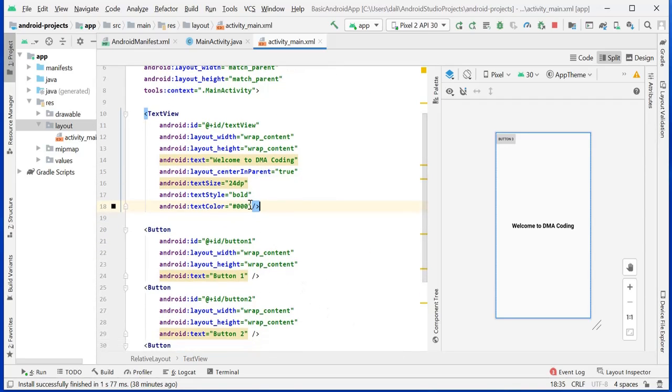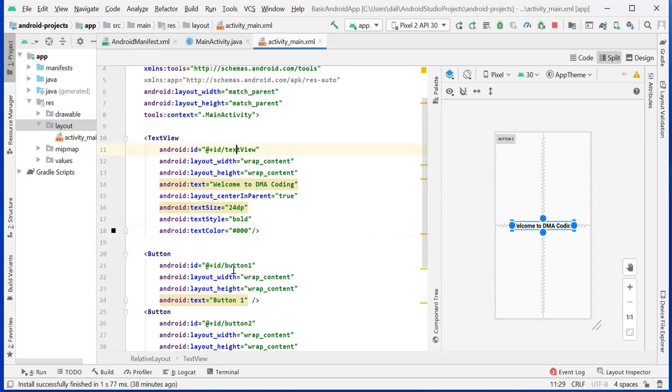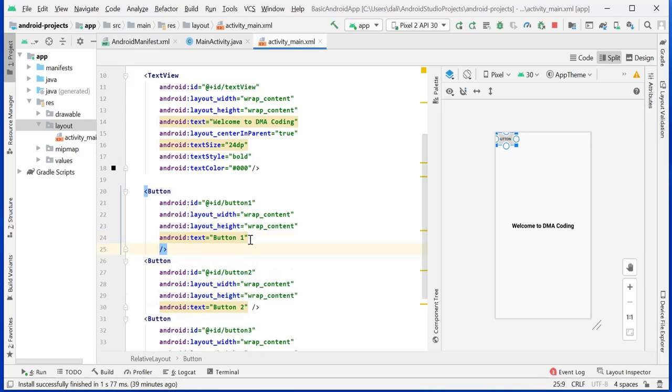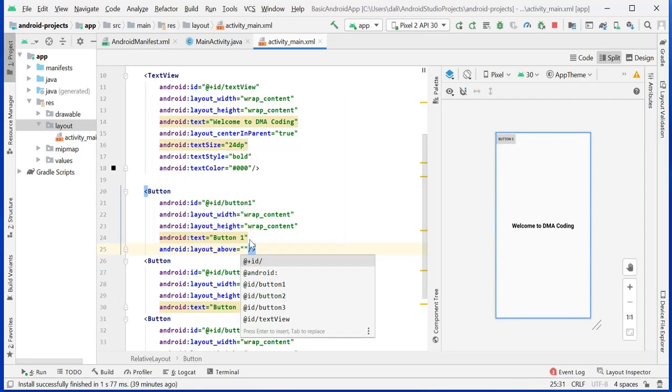Now we want button 1 to be on top of this welcome to DMA coding. First of all the id is there, here also an id is there. So we'll make this button layout above, what, this text view.